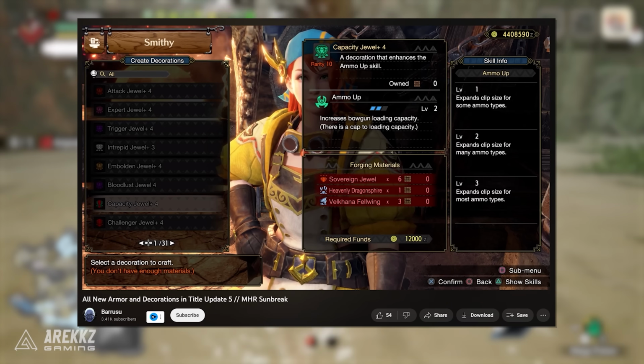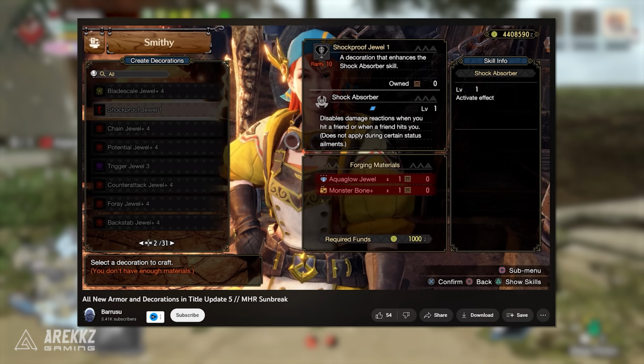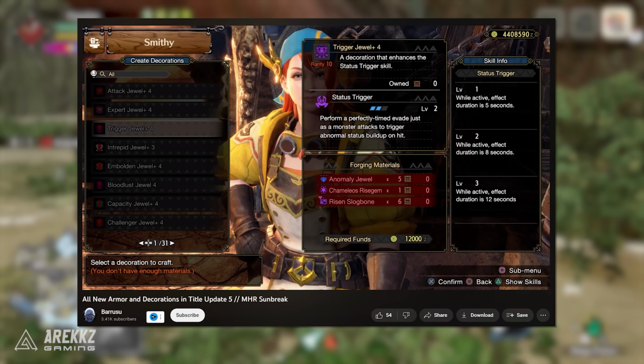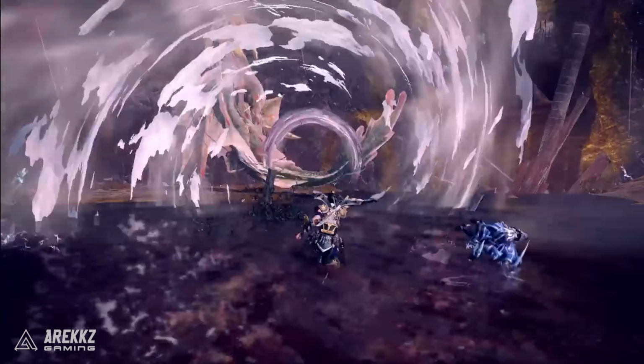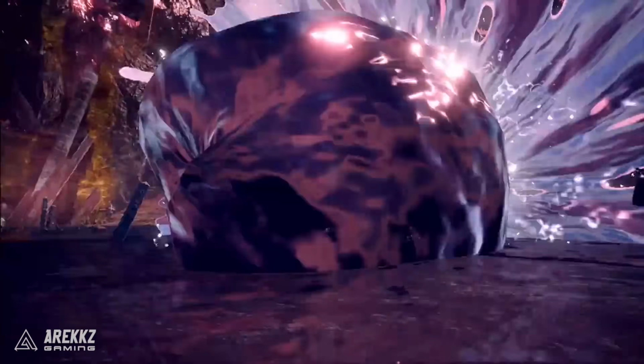new decorations. It looks like there's a selection of level 4 jewels that have been added in, including the teased attack boost and expert level 4 jewel, which I love to see. There's a bunch more, so if min-maxing those decoration slots is your thing, then it's time to get on that anomaly research grind. But from what we have seen, that's all the new skills, armor, and weapons added in this